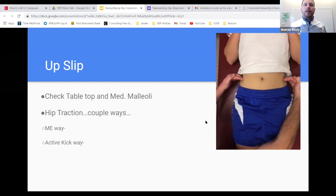I just want to see how much kind of pull. Abduction, internal rotation, that's important here. Abduction, internal rotation. And it's just a swift movement. Okay. 1, 2, 3. Yep. And you can do that up to 3 times. So what I would do now, since you've already applied some traction,